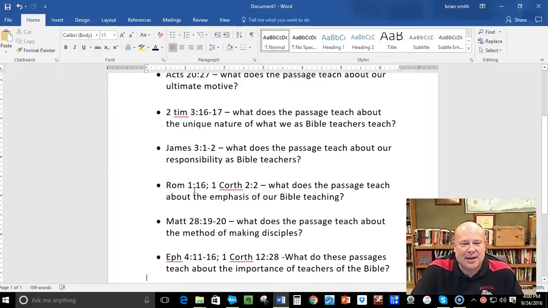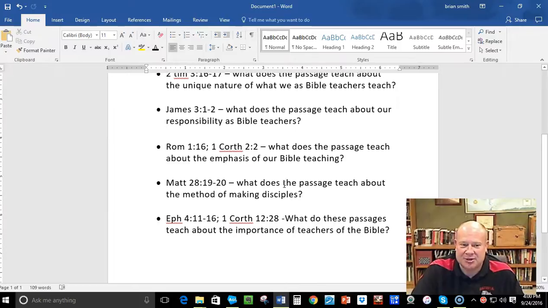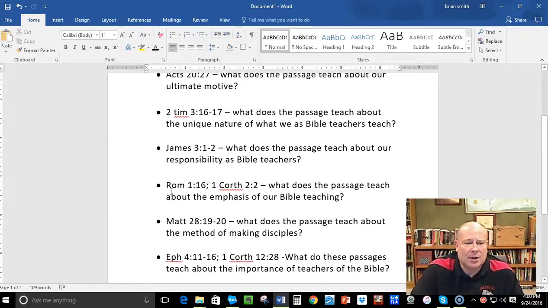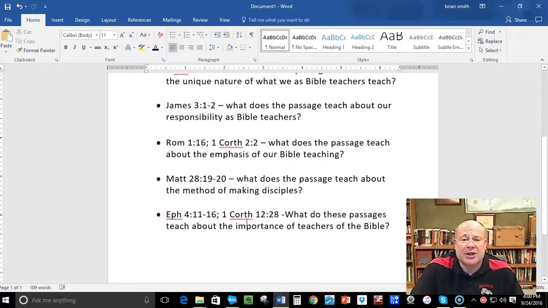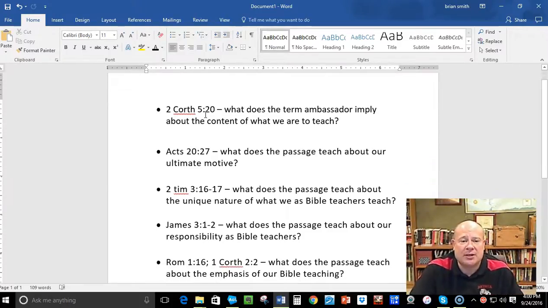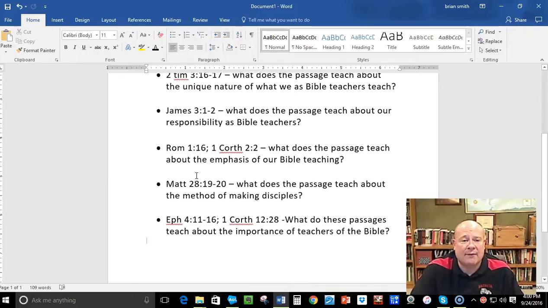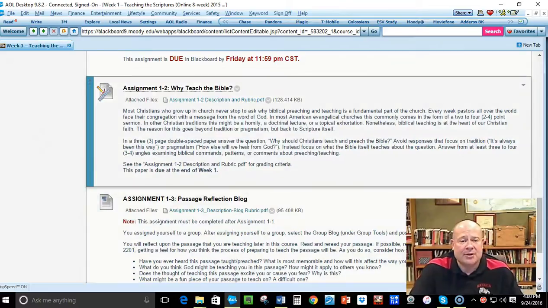Okay, James 3, Romans 1:16, and 1 Corinthians 2. What does the passage teach about the emphasis of our Bible teaching? So take a look at that. Some of these are two verses, but they are focusing on the same thing. Here, Ephesians 4 and 1 Corinthians 12. So follow the instructions on the assignment, but I want you to touch upon each of these verses and answer these questions. All right. So that's your